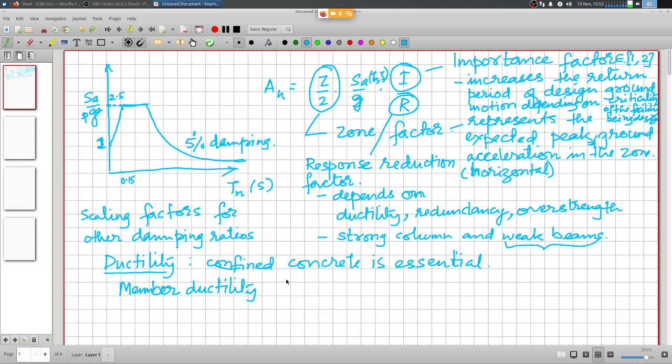Member ductility versus structural ductility. Right? How is it different? Let us say